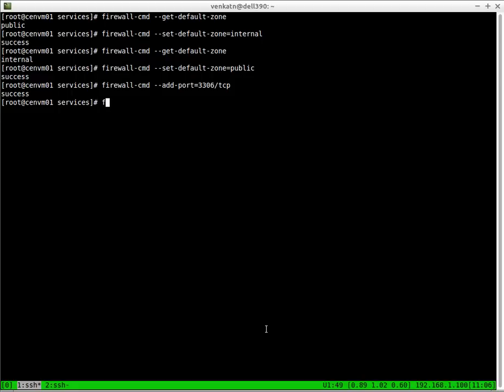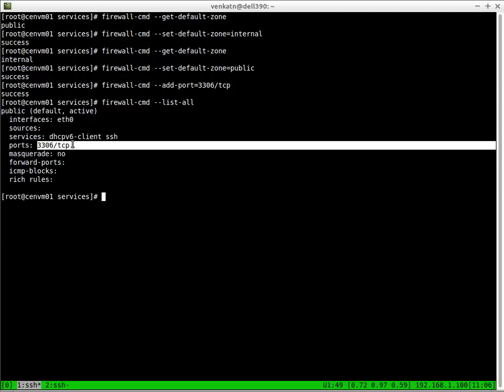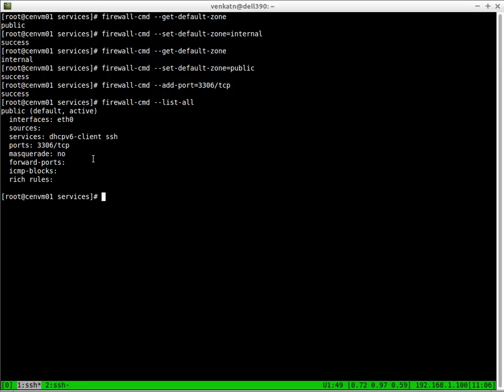If you look at firewall-cmd --list-all, this will show you the configuration for the public zone. To be more specific, you can include this option, but that's completely optional because anyway it's going to show you the settings for the default zone. So if you look under ports, we've added 3306 TCP protocol. So let's remove it